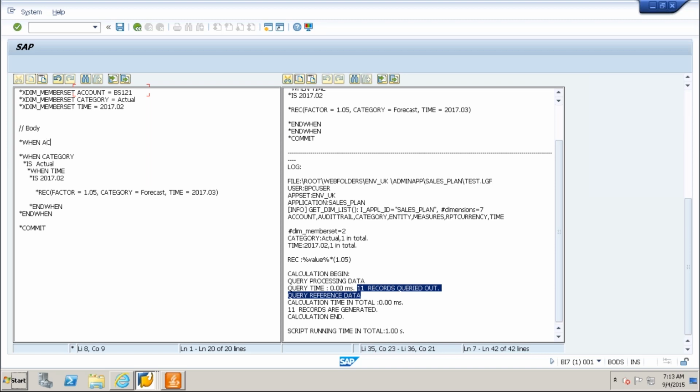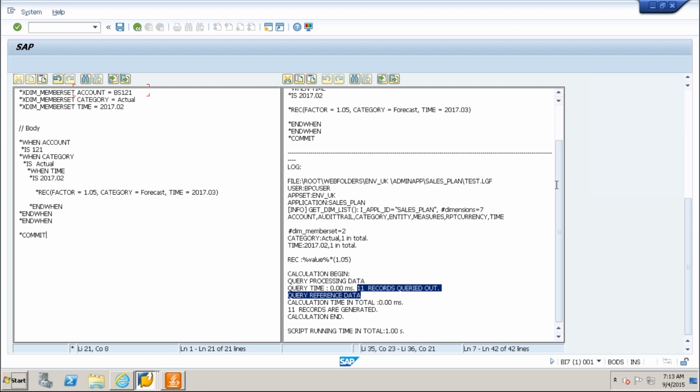When account is, what I'm going to write here, 1 to 1. So earlier this is the code and here we have star and when.